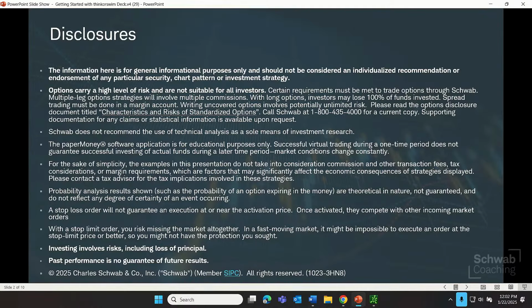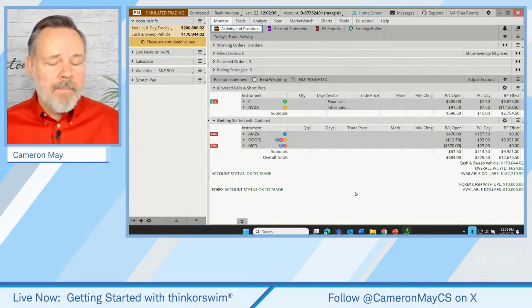Okay, so what are we going to talk about? Well, we have 10 ways that a trader might be faster at using Thinkorswim. We're going to talk about 10 ways to do stuff faster on Thinkorswim desktop. That's going to include 2 or 3 general navigational tips for moving around faster on Thinkorswim. Then we're going to get into faster charting and finally faster trading. Just some tips and techniques that might be useful for the navigation of those functions. So let's go right to Thinkorswim, starting with a general overview.